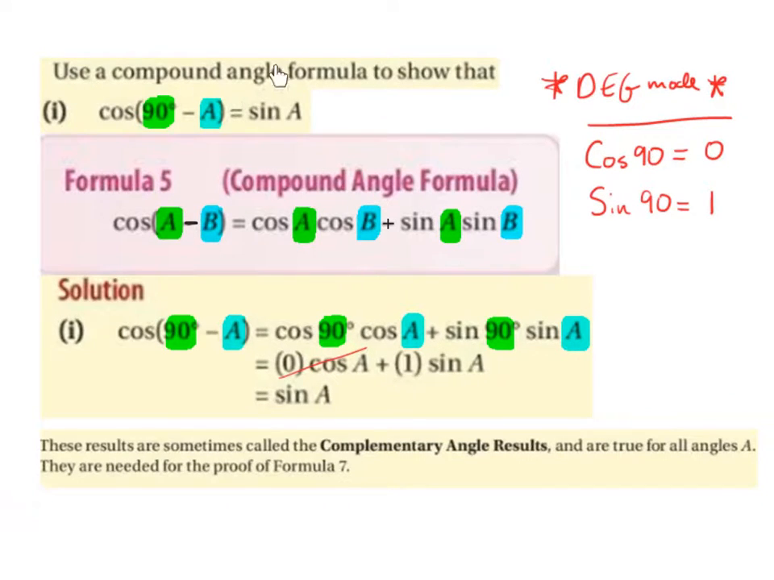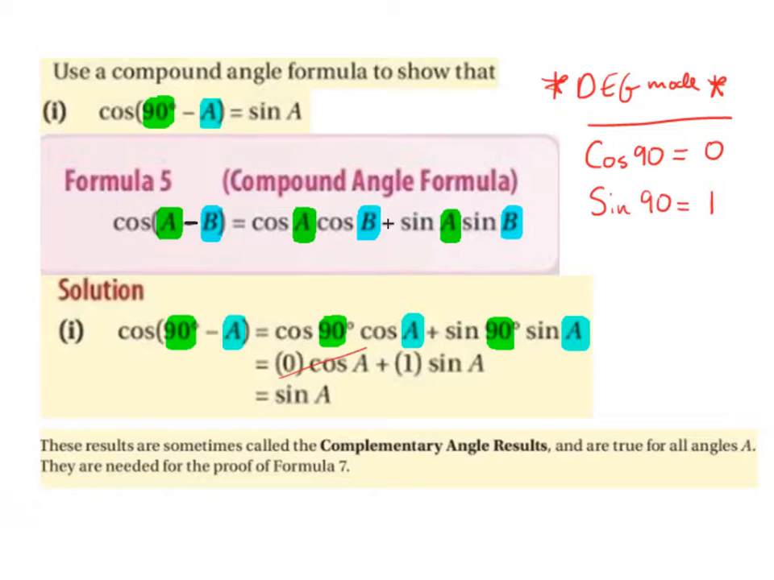Use a compound angle formula to show that cos of 90 degrees minus A is equal to sine of A. So we're going to go with the compound angle formula: cos of A minus B is equal to cos of A cos of B plus sine of A sine of B. The reason that I've chosen this formula of the 6 that we are given in our formula book